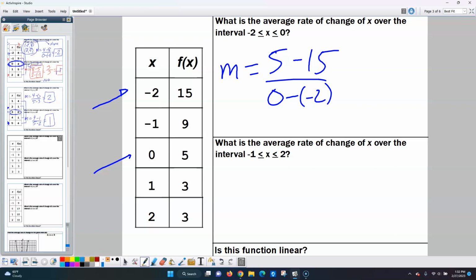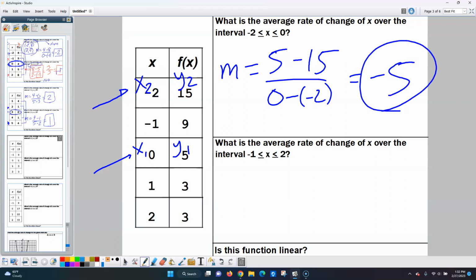So, if you're calling these all your x1, y1 as opposed to x2, y2, this one just needs to be x2, y2, and just make sure you plug it in the formula the correct way. So that would be -10 up top. That would be +2. I think you're going to get -5 right there as your average rate of change or